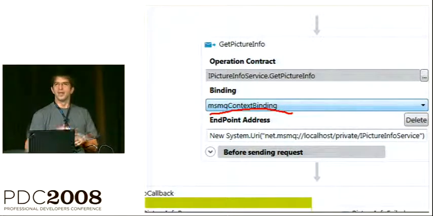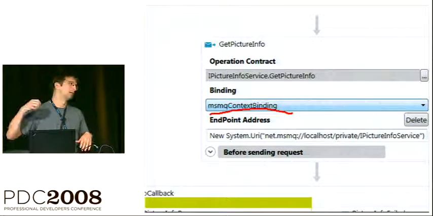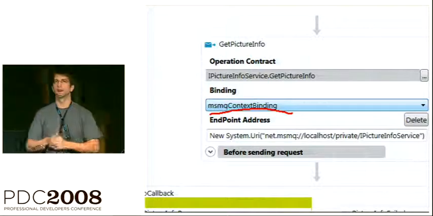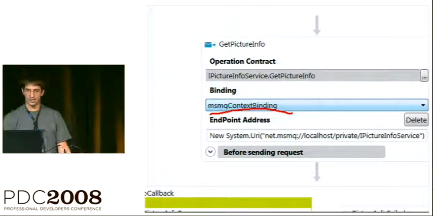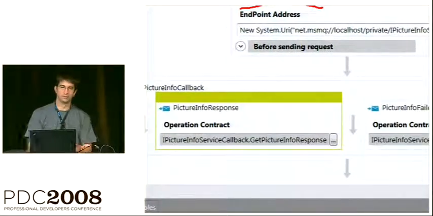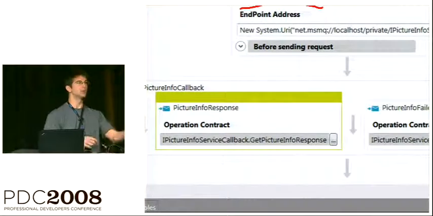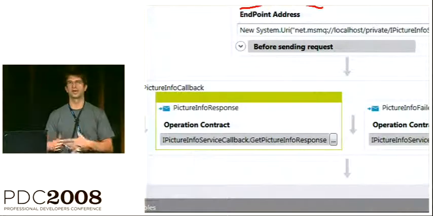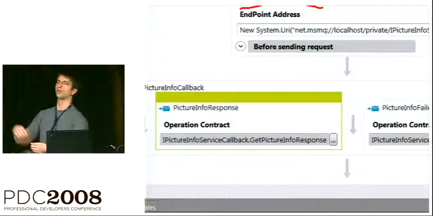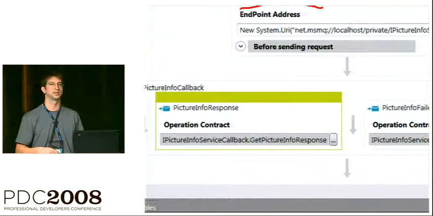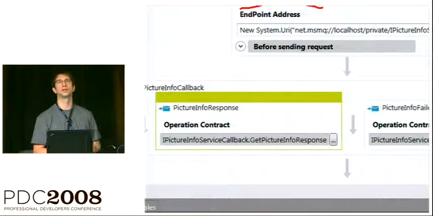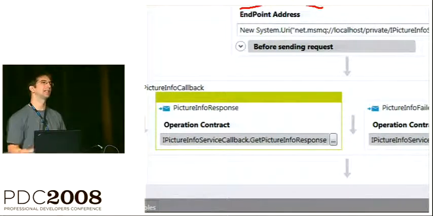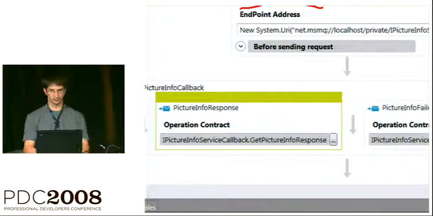Cool. When that message from the service comes back and says, hey, here's your response, the endpoint that is working on this picture info response or failure is also using the context exchange protocol. And so it's going to have contributed a query that gets evaluated. The results of that query are used to look up this particular workflow instance. Execution resumes by virtue of the action on that message and the fact that it's bound to this correlation handle.